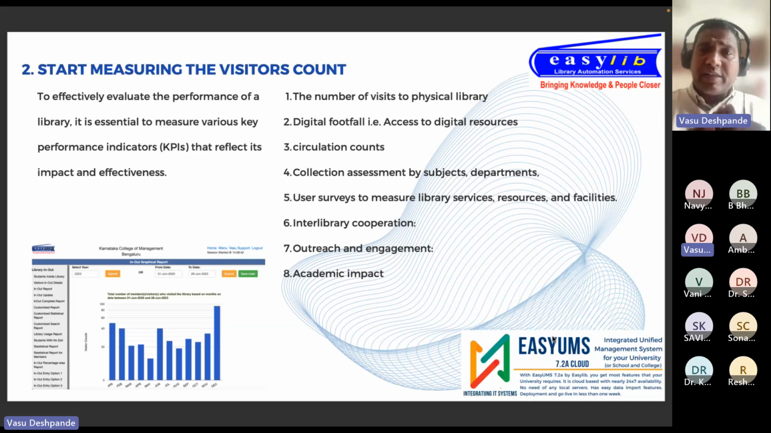Then there is a collection assessment. Is our collection going up by subject, by department, by category, and so on? Then finally, are you taking the user satisfaction surveys? Are you having interlibrary cooperation and outreach engagement? How are you interacting with the students? What is the academic impact you are seeing of the students' usage of the library? So, a lot of these metrics you want to start measuring, because measurement of the metrics is the very first step